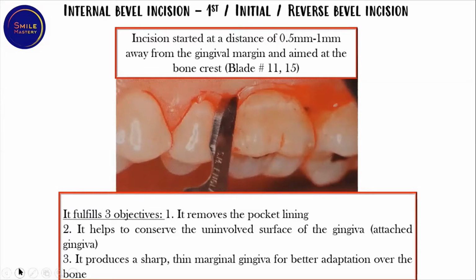If you are planning to do a flap surgery for your patient, before that, what we need to do is a thorough scaling for the patient. After you have done the thorough scaling, the next appointment is when you will be giving the patient an appointment for your flap surgery. So on the day of flap surgery, if you find that in spite of doing your thorough scaling, the patient is having a slight amount of marginal tissue inflammation, meaning very mild inflammation of the marginal gingiva, then you cannot open up the flap with that inflammation and then suture it back in position.